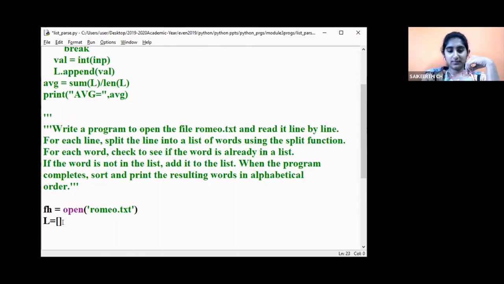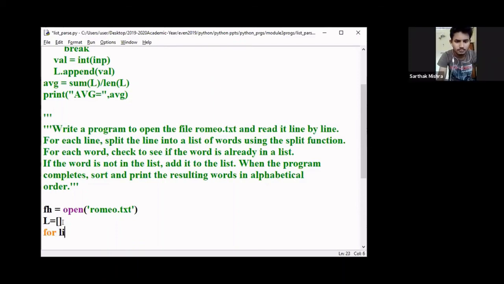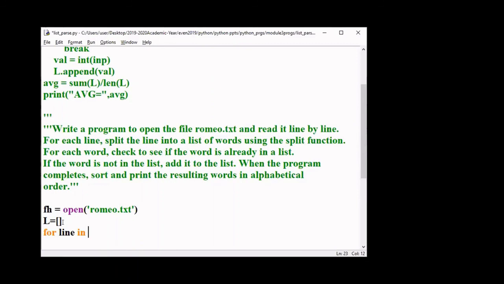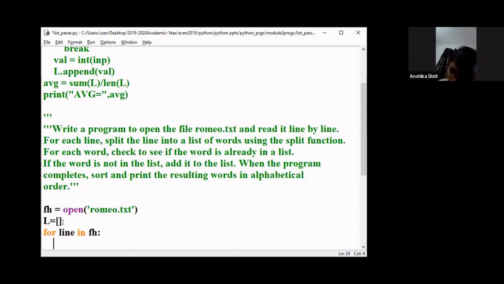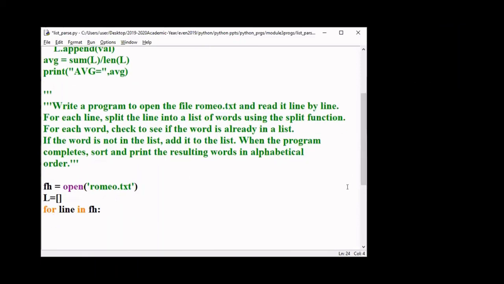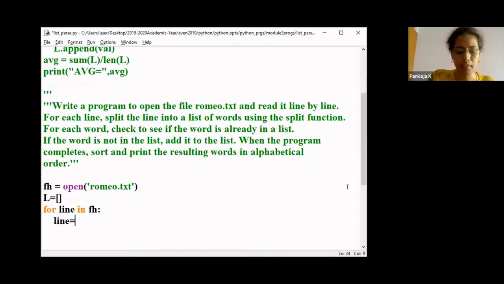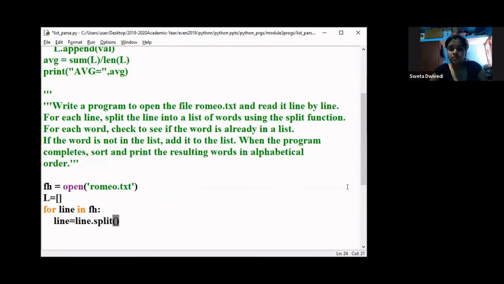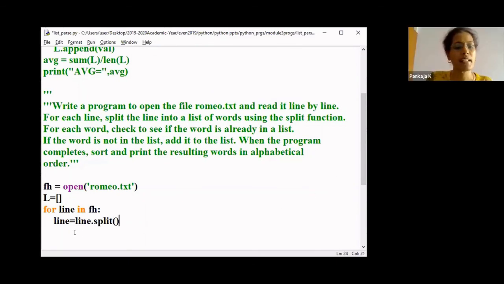Now for line in fh, what I'm supposed to do is split: line equal to line dot split. Just first, let us see whether we are able to do this.